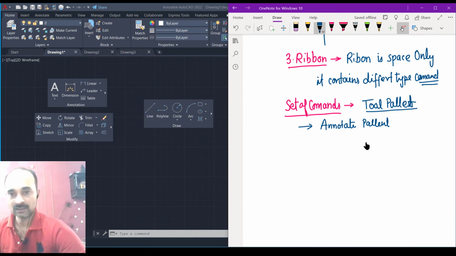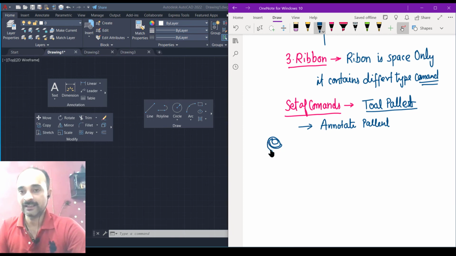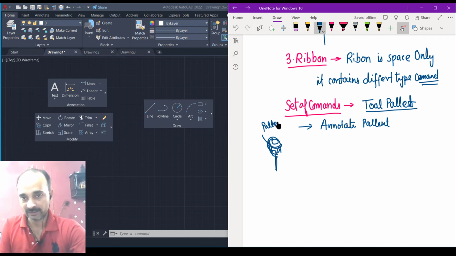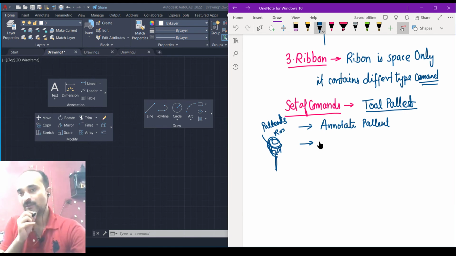Like in a flower, if I take a rose flower, then there will be different types of petals in the flower. If I discuss about the flower, the different types of leaves which are covering, these are called palettes of the rose. In a similar way, our ribbon is a space in which tool palettes are arranged.